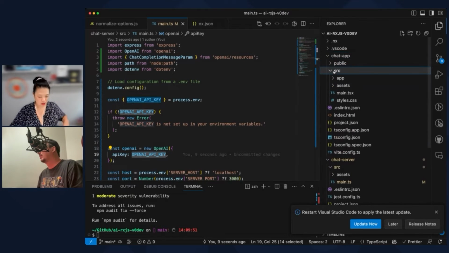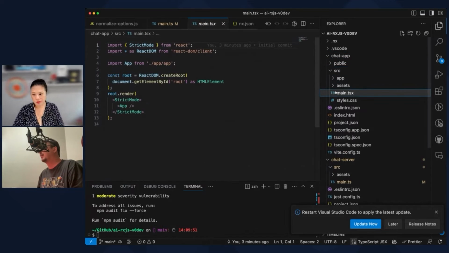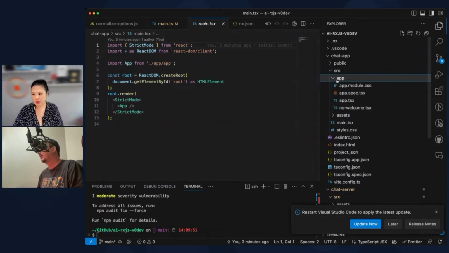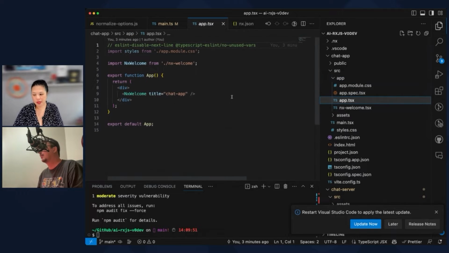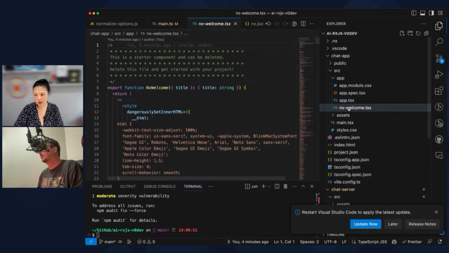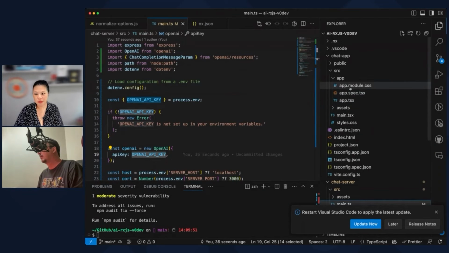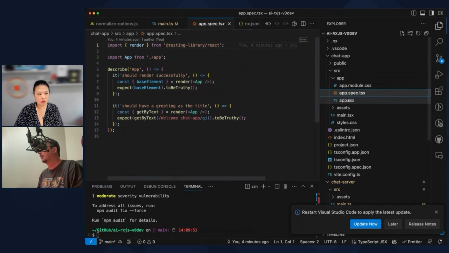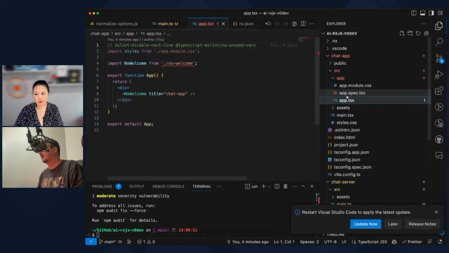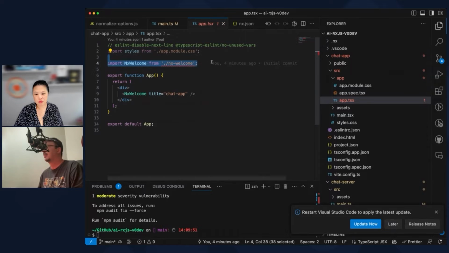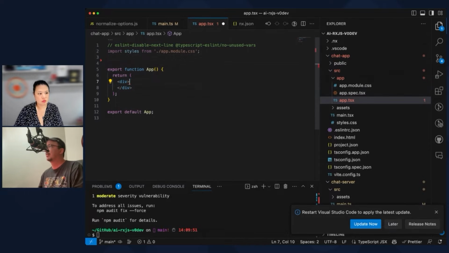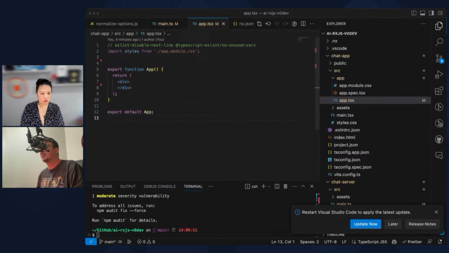There it is. Go over to the chat app. So the chat app, we have this main.tsx. Here's the app. I'm going to copy paste the stuff to you. There they are. I don't care about the NX welcome. Move to trash. Did you see the API keys I just sent you? In the chat. Hold on. I'll check it in just a second. I'm going to get rid of this. So there's our app.